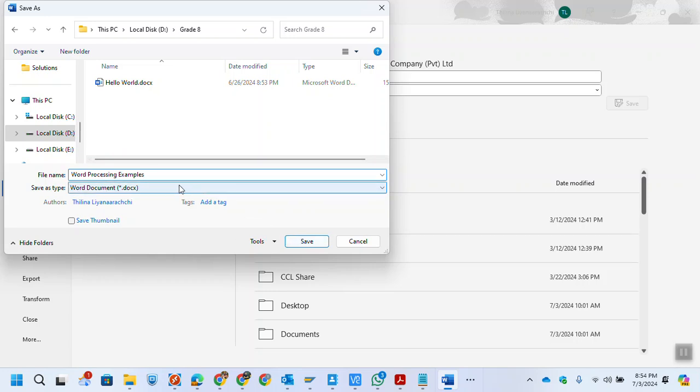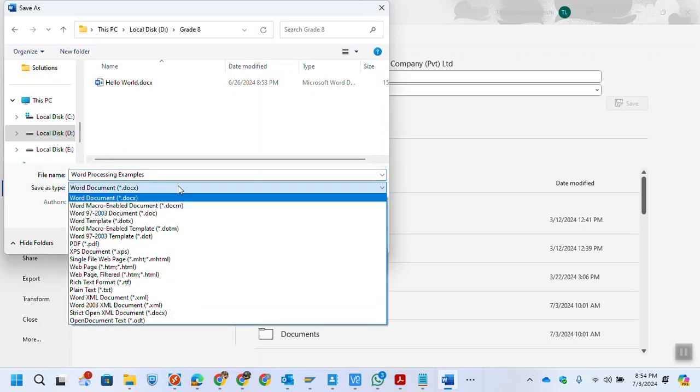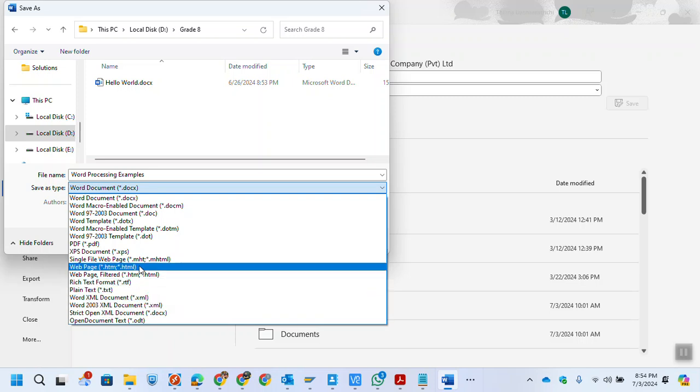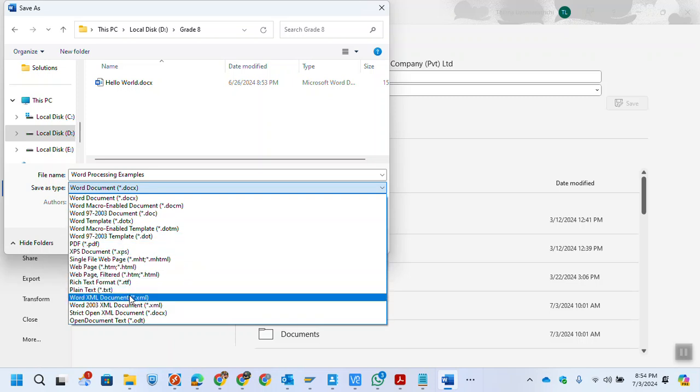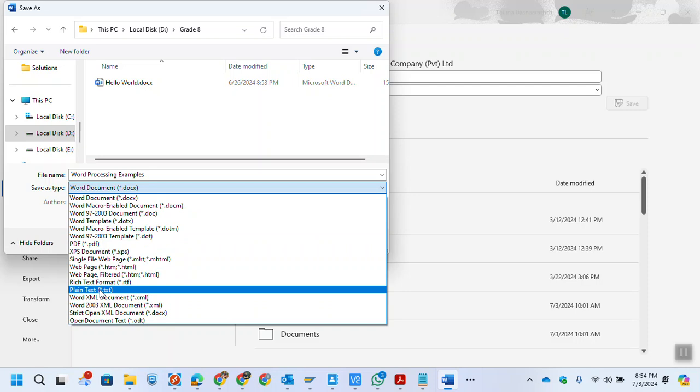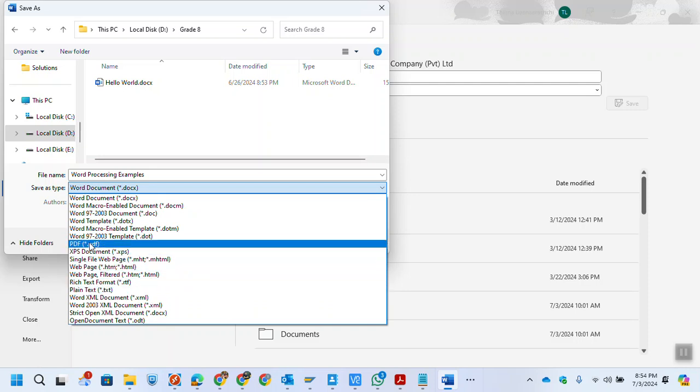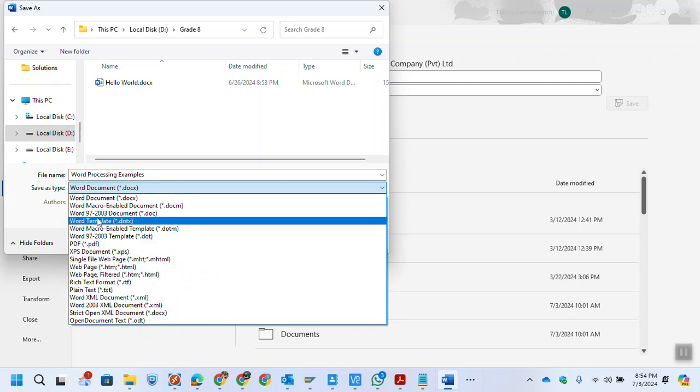If you want to save as a text document, yes, there is an option. Text here. If you want to save it as plain text, that's possible. If you want to save as a PDF, that's also possible. Macro enabled, these are different things. As a template, that is different. See,